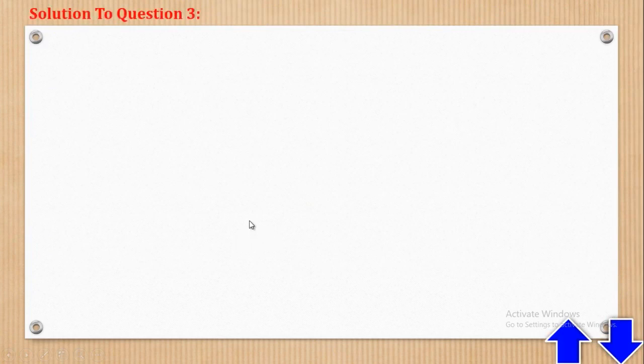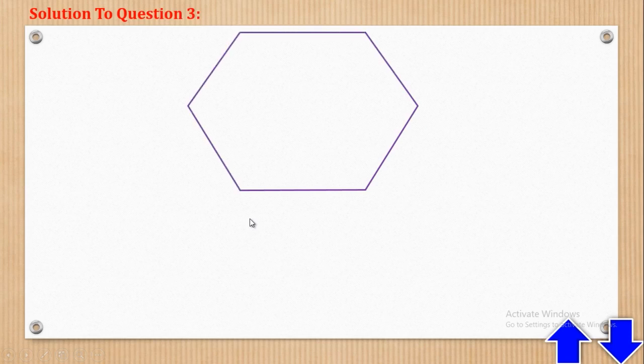So the first thing to do is to make a sketch of the regular hexagon. Regular hexagon means that all sides are equal. After that we shall label, but labeling has to be done in an anti-clockwise direction. Now, I think we realize that we have not started with A here because in the question they told us,